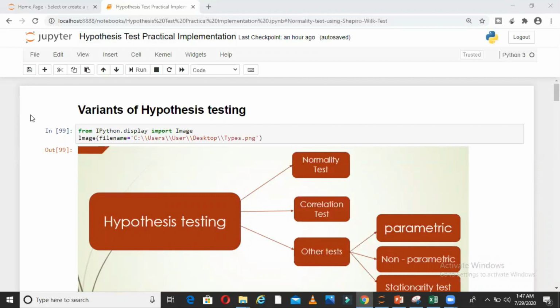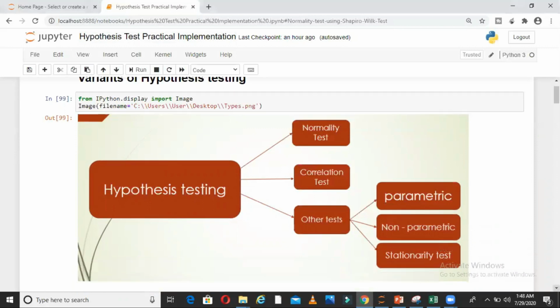In this video, I am going to take some data and show you how you implement hypothesis testing in practical scenarios. Before going on to that, with this image, let's try understanding what are the different areas of hypothesis testing. I have tried to keep it visual so that you can get a feel of in what kind of situation we do hypothesis tests.